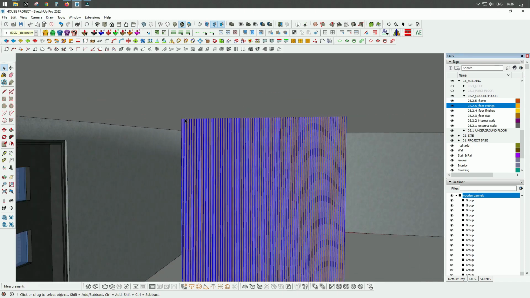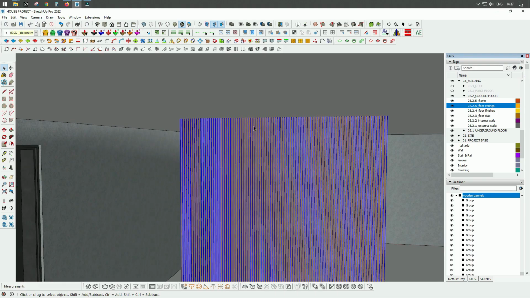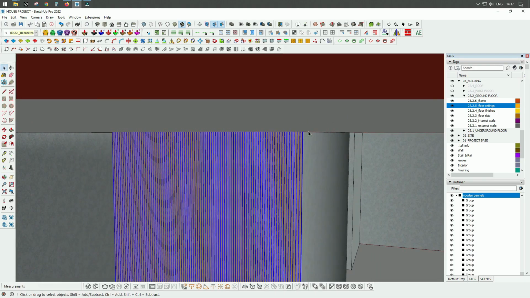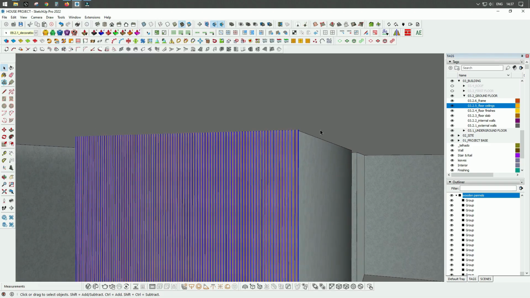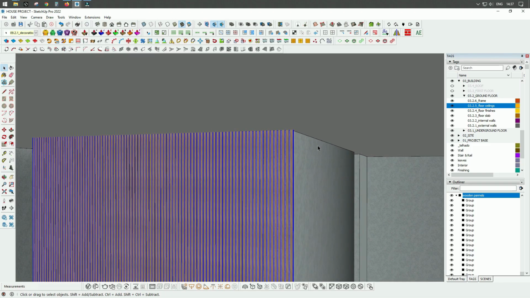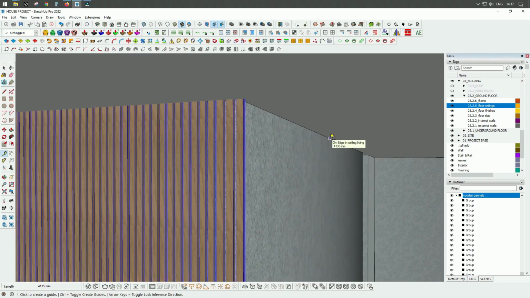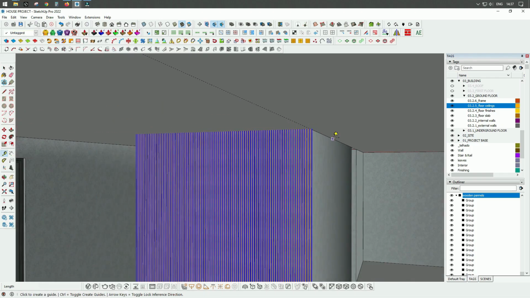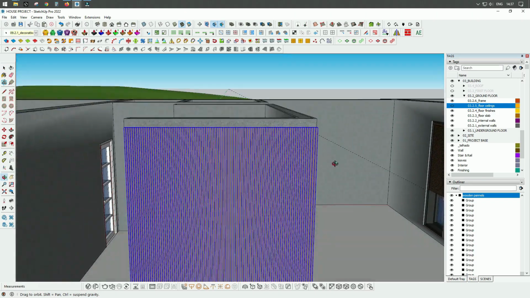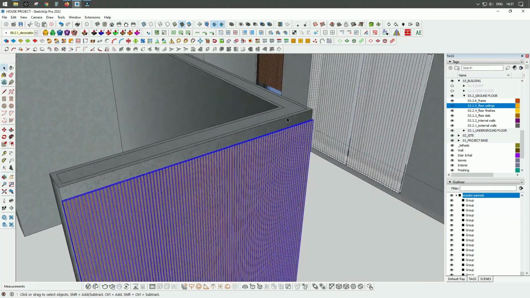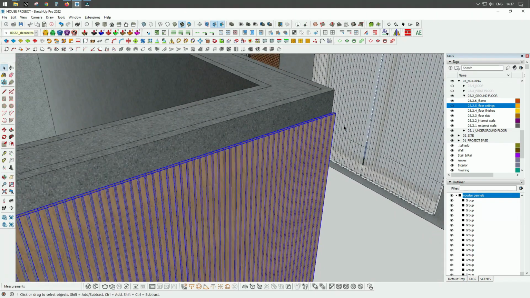Yes, everything is okay now, and it should be adjusted a little bit, so I will create some kind of guideline here. I will hide this, finish this ceiling, and as you can see,